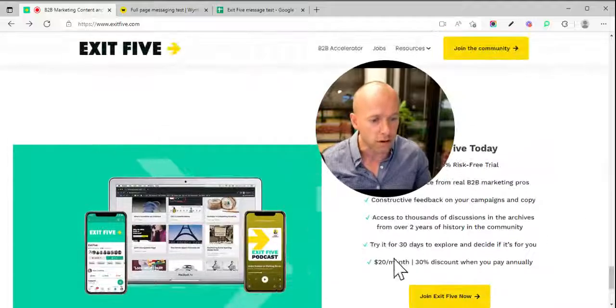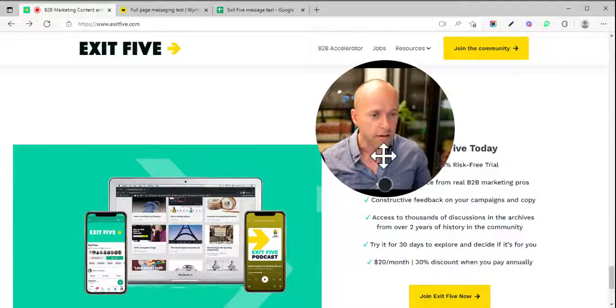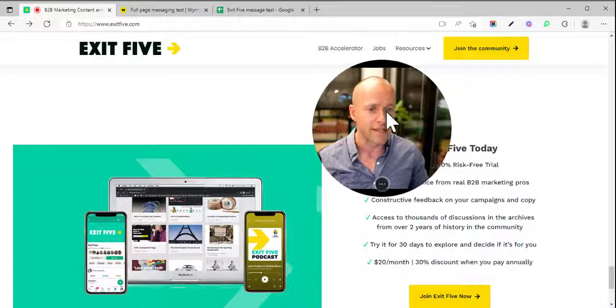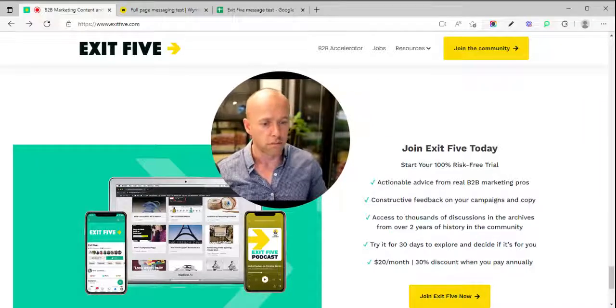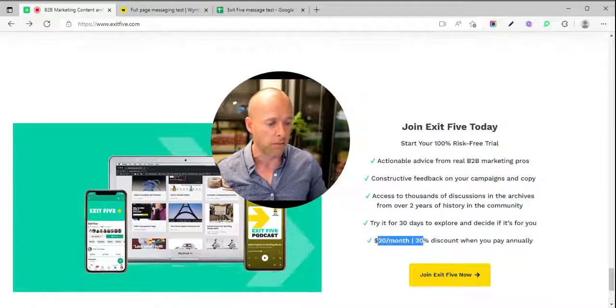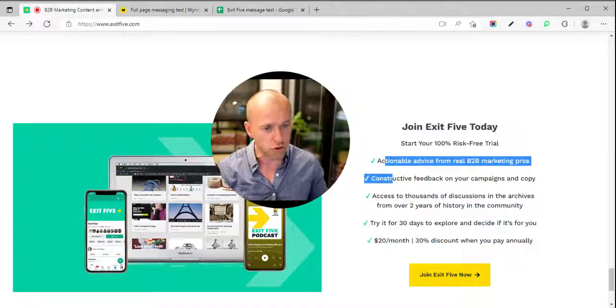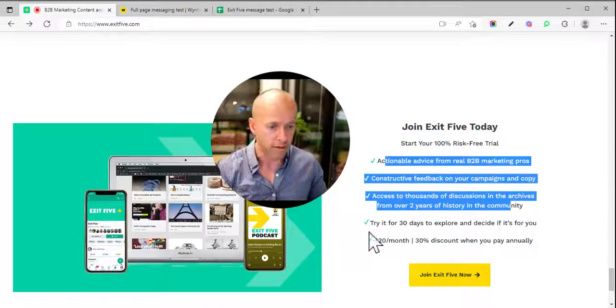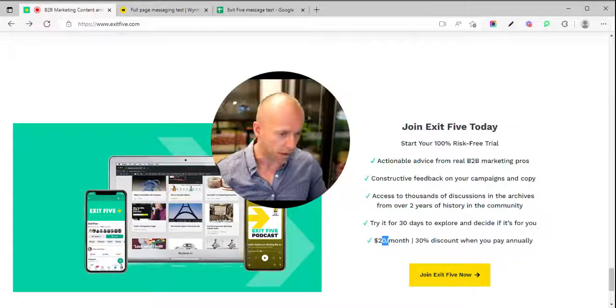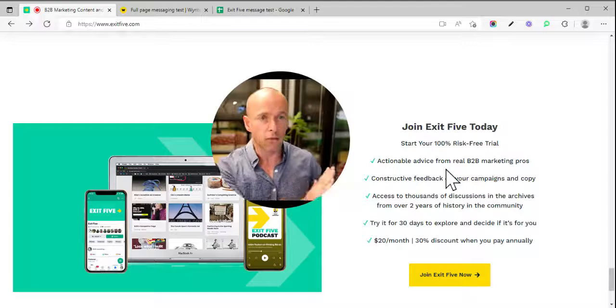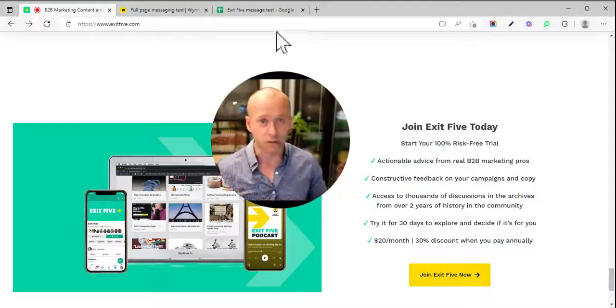And only if we scroll to the very bottom, and we have these bullet points here, we see: try 30 days and $20 a month. Well, first of all, these are not benefits, right? So it shouldn't be the same bullet point here. So I would put the $20 a month into the CTA, try 30 days under the CTA, and of course left aligned. Center aligned is the hardest to read.